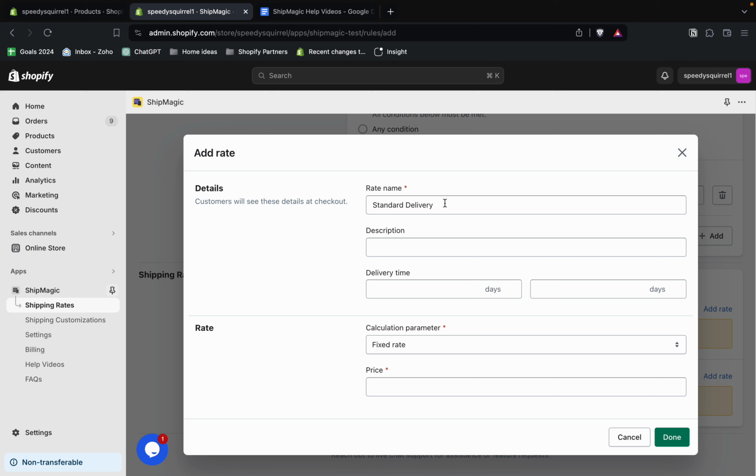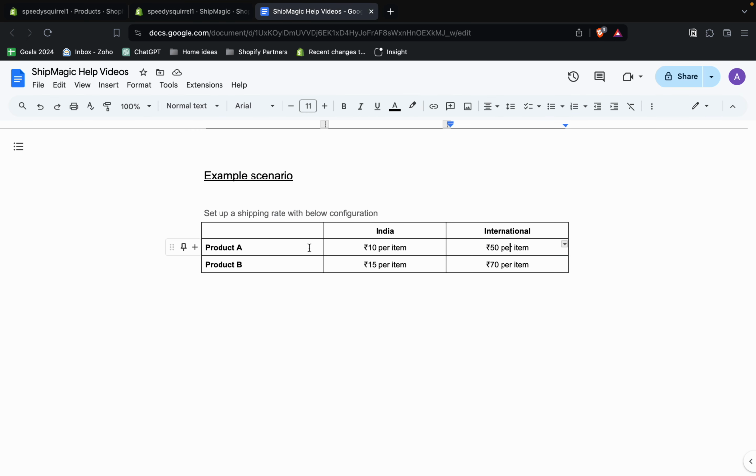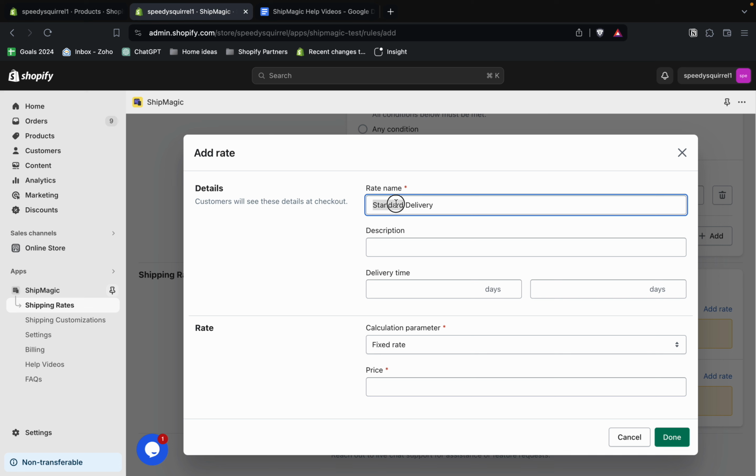So one thing to note here is that you have to ensure that the rate name that you have used here is exactly the same as the one that you have used in the previous rule. This is because if you want to add up the shipping rates across 2 rules, then the shipping rate name needs to be exactly the same. So for example, if we are shipping one product A and one product B to India together, then we want the shipping price to be 10 plus 5, 15. So across 2 rules, if we want the rates to add up, then we need to have the rate names exactly the same. So just make sure to use the exact same name across both the rules,